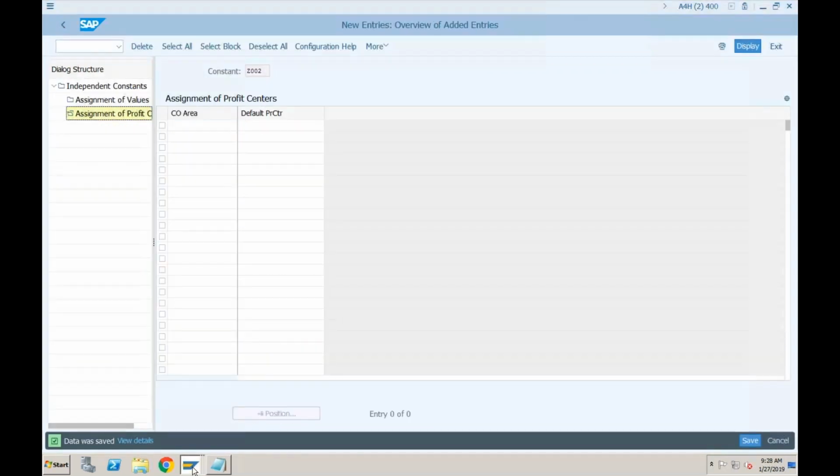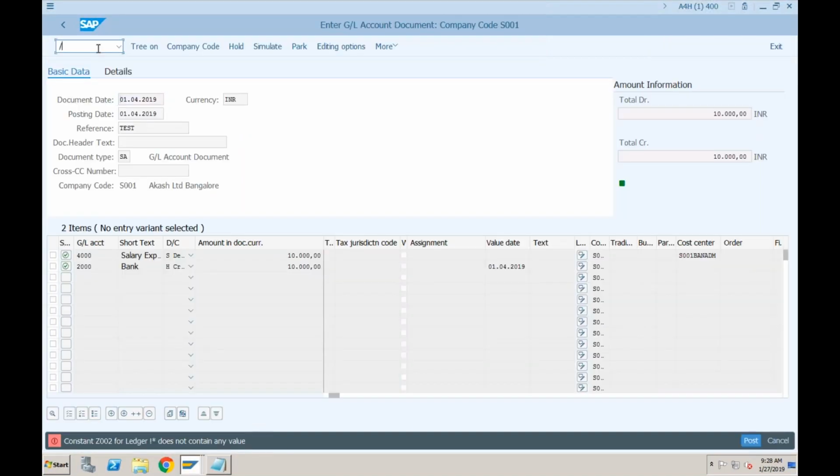Okay, I hope next time we will not get this error. Let's try this once again. So we have to again and again see the error, we have to solve the error, and then we have to proceed. The reason why I'm not solving all this error first is I want to show you what type of errors you will get and how to resolve them, because these are very common when you will be working on actual S/4HANA implementation projects.